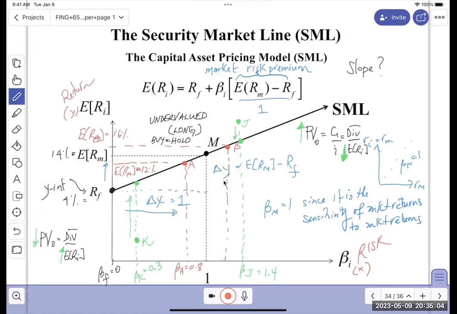So this is another example of equilibrium adjustment. In the meantime, assets below the line are overvalued. The price must drop. So what investors should do